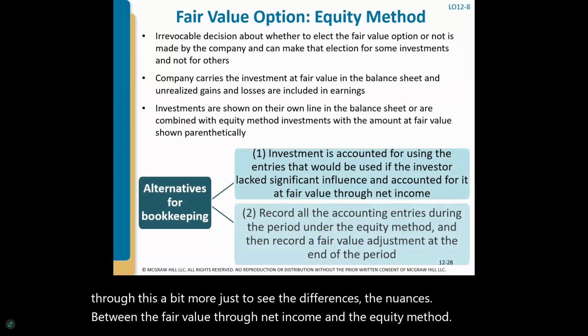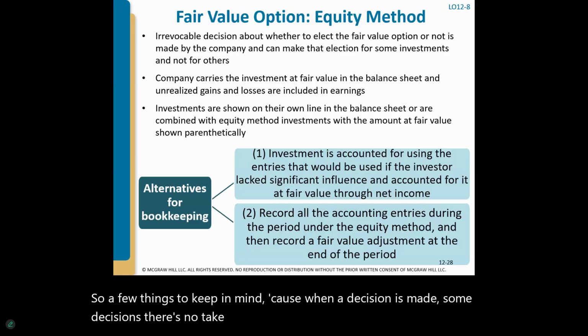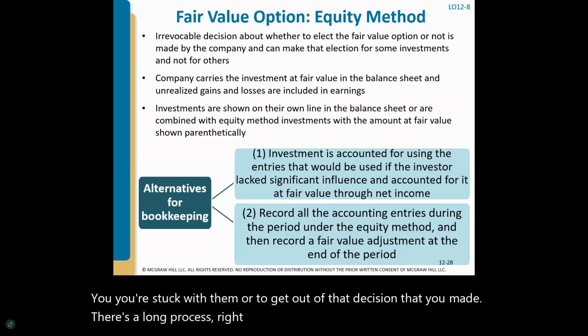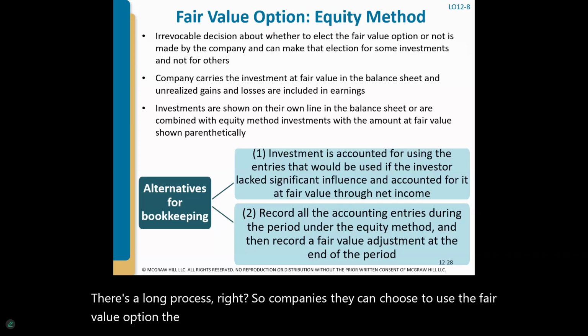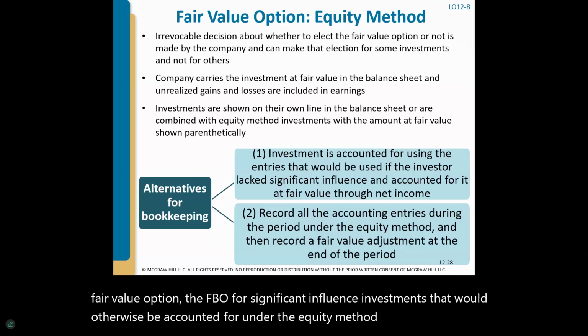So a few things to keep in mind, because when a decision is made, some decisions, there's no take backs, right? Certain decisions, once they are made, you're stuck with them. Or to get out of that decision that you made, there's a long process, right? So companies, they can choose to use the fair value option, the FVO, for significant influence investments that would otherwise be accounted for under the equity method. So they do have that. But